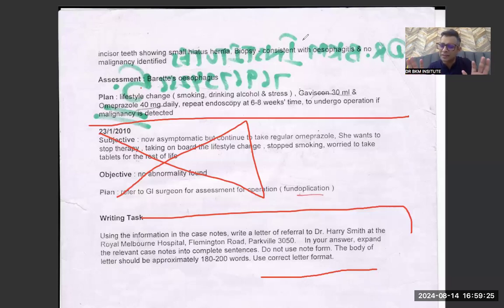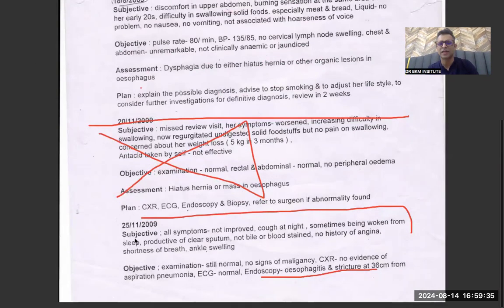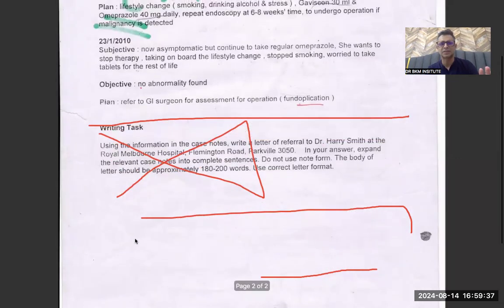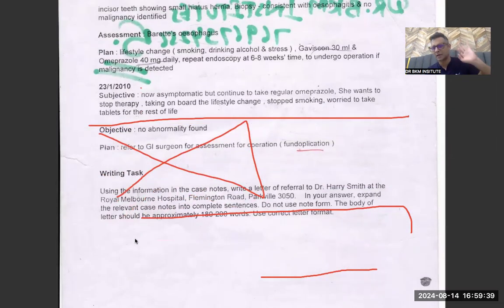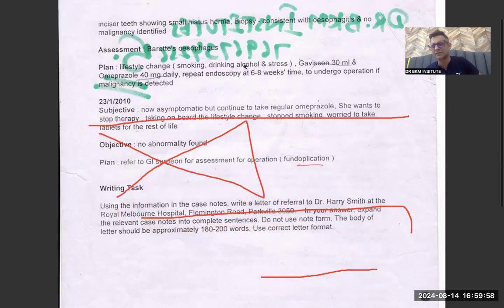No, no. Barrett's esophagus has been found. Today is 23rd January. Barrett's esophagus was found on 25th November. That means November, December, and now January. In 2 months, I gave her the treatment, being the doctor or the nurse at the hospital. So with my treatment, she's better. So please understand this letter changes because the problem is not Barrett's esophagus, because I have resolved the problem of Barrett's esophagus with omeprazole, medications and lifestyle changes.